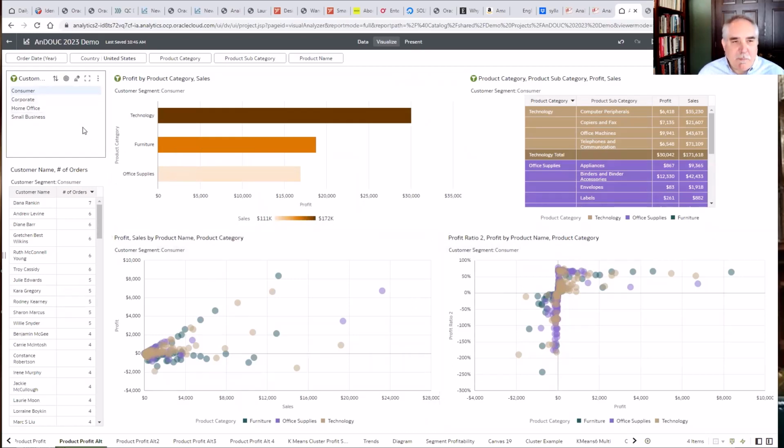We also have the ability to put drop downs in the canvases as well. Sometimes people like the drop down prompt view. What we find is with large lists, they work pretty well. With smaller lists, we're far better off using a list view as we have here, so that you can see all your choices at once.